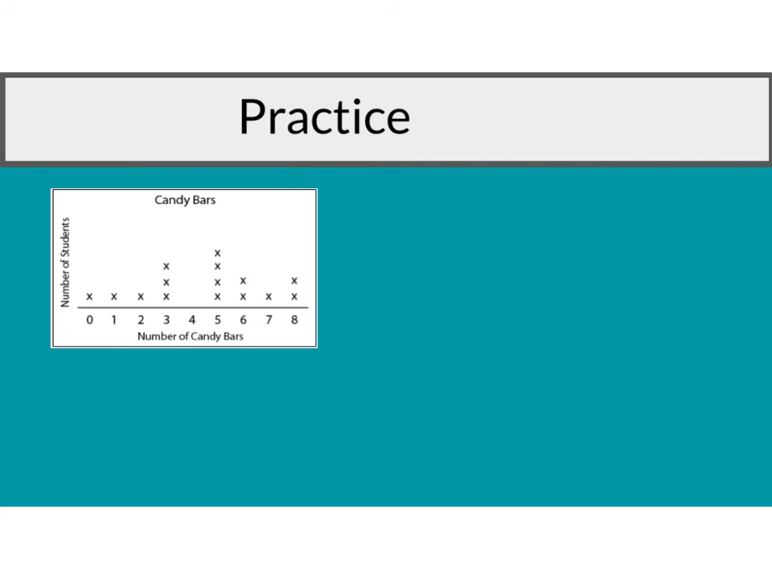So with your calculator, you're going to add up, let's see, you'd add 1 plus 2 plus 3 plus 3 plus 3 plus 5 plus 5 plus 5 plus 5 plus 6 plus 6 plus 7 plus 8 plus 8. And we're going to divide that by the number of x's that we have. So go ahead and pause your video and see if you can figure that out. Okay, so let's see how you did here. I got a total of 67. There were 15 total x's in the line plot, so I did 67 divided by 15, which gave me an answer of